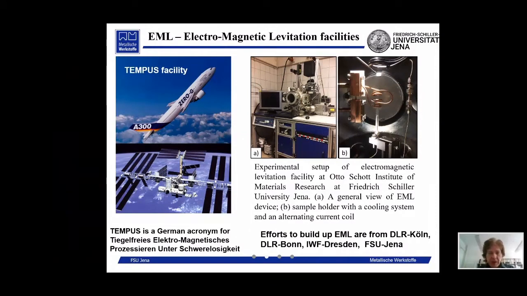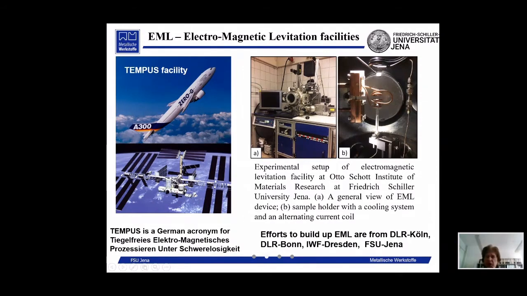So these two pictures show the electromagnetic levitator in the Otto Schott Institute of Materials Research at Friedrich Schiller University, Jena. This is a general view, and this is a camera which shows us